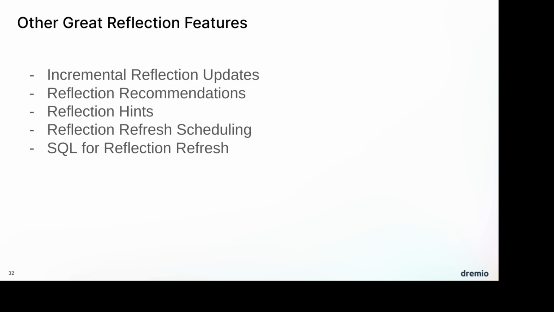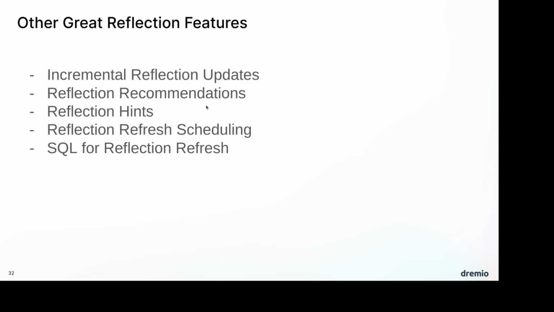So you get much more lightweight updates, and this is assuming that you've created a bunch of views on top of the Iceberg tables, and then you're now reflecting that gold layer. Well, those reflections on that gold layer are going to update really fast, pretty much instantaneously, because of these incremental reflections. Dremio can pick up on, hey, these Iceberg tables were updated, and then any reflections built from those Iceberg tables can then incrementally update.